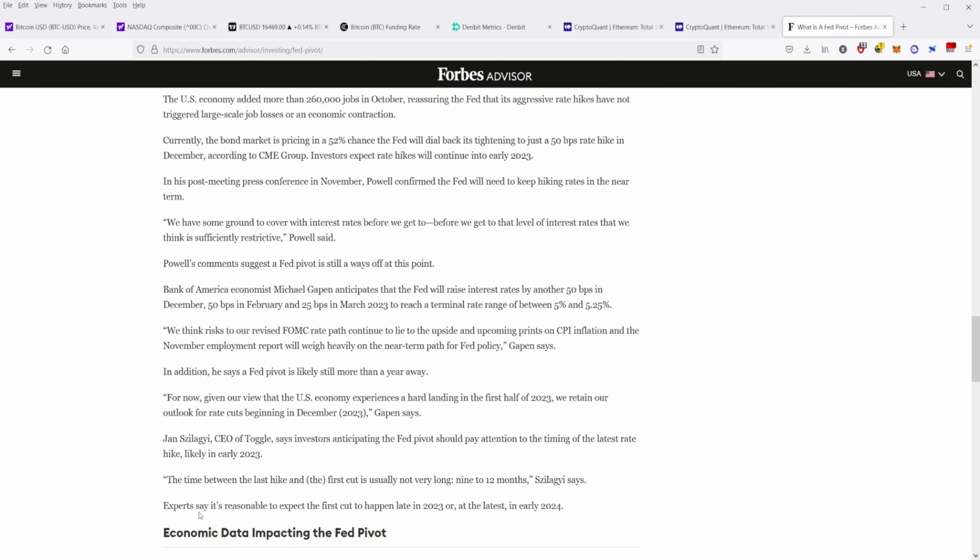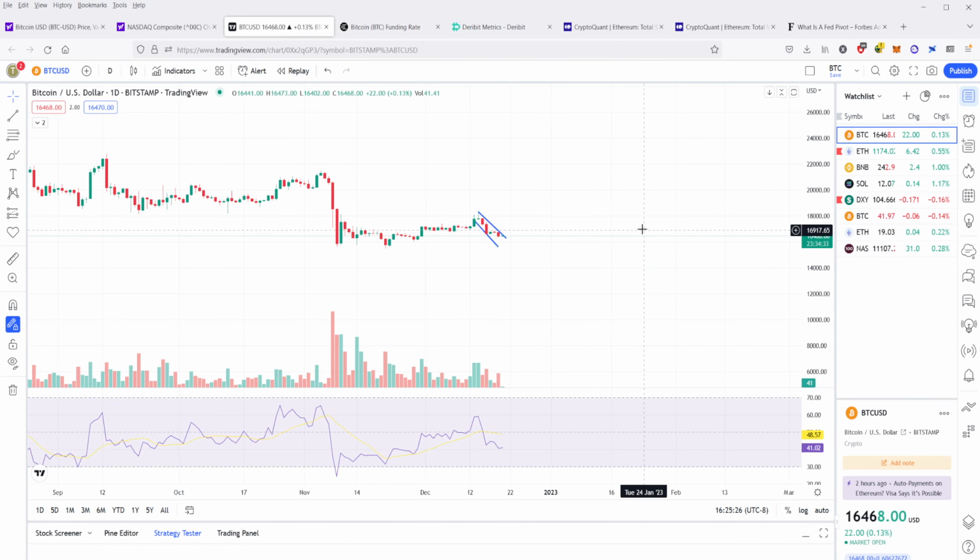Now, it usually winds up taking, according to Forbes here, between 9 to 12 months between the last rate hike and the first cut. So what that means is that if the Fed goes into Q1 of next year and they do their last rate hike right at the Q1 of next year, let's say like March or somewhere in that time frame, then it's probably going to take about 9 months or so for them to start cutting. On average, that would put it at Q4 of next year,